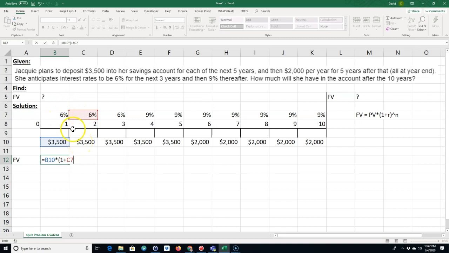And how many years, really, let me put this over here on this 6%. Because if you think about it, we put this $3,500 in at the end of the year. That's what it says. So it didn't earn any money over this first year. So I'll just put it that year. And then I can go times 1 plus this 6% too, but I know that that 6% is over 2 years. So why don't I just take it to the